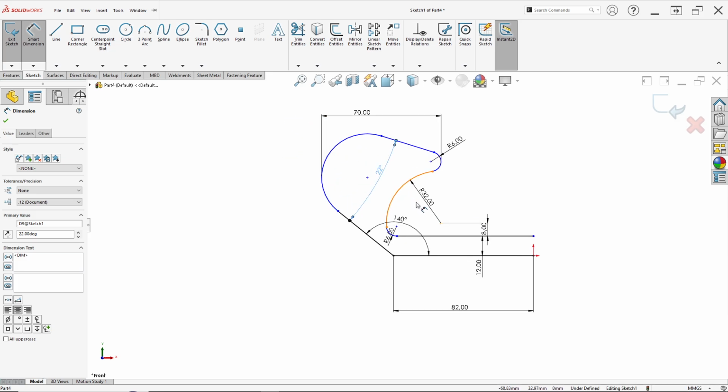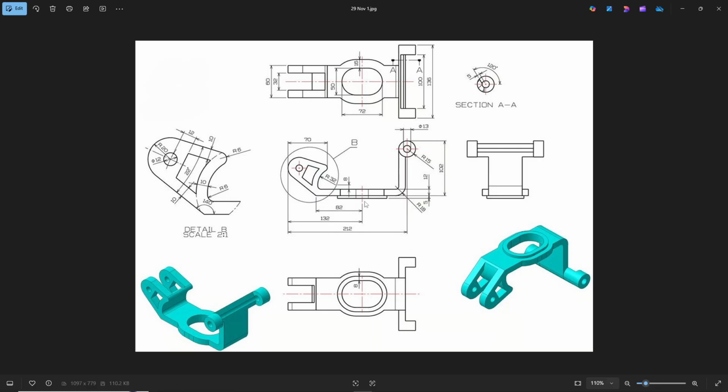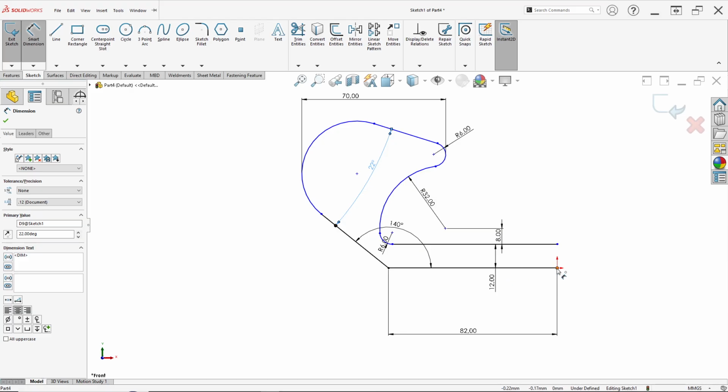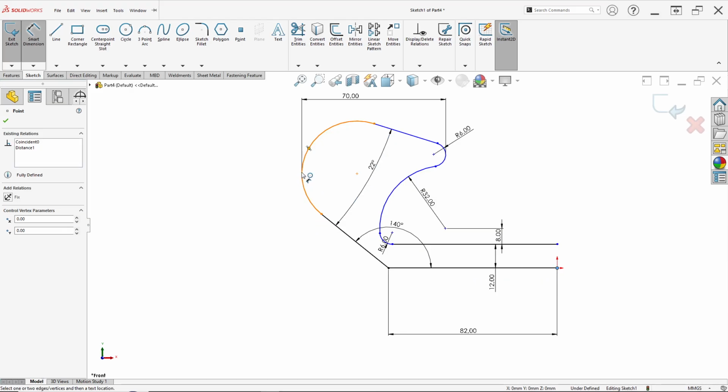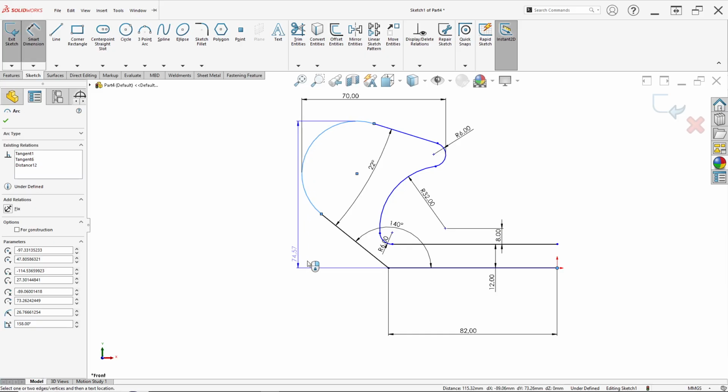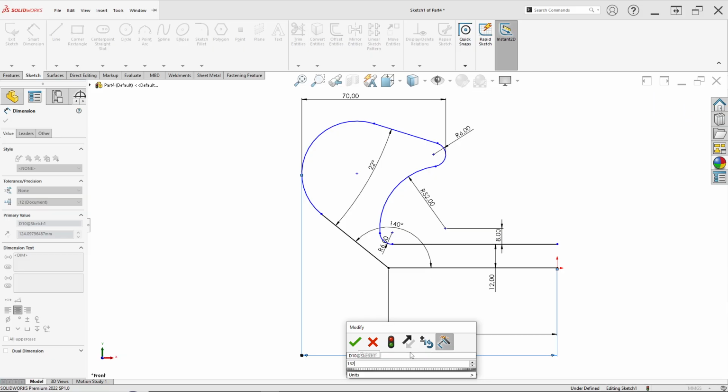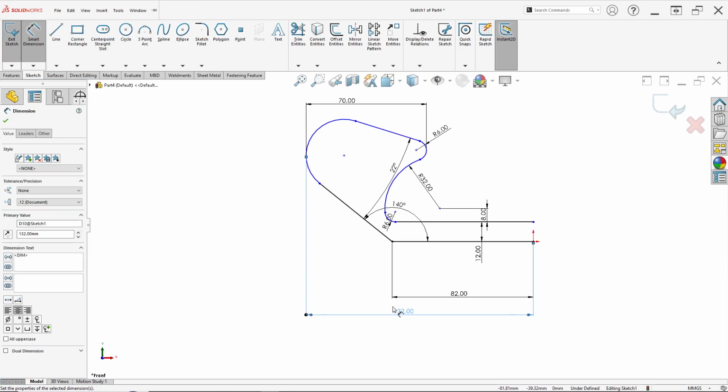It's so simple. And don't forget to set this center to this line at 132 millimeter. Click this center, press Shift, click this, and set 132 millimeter for the distance, like this.